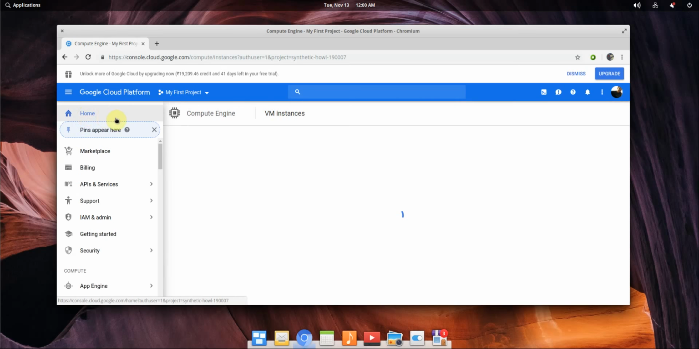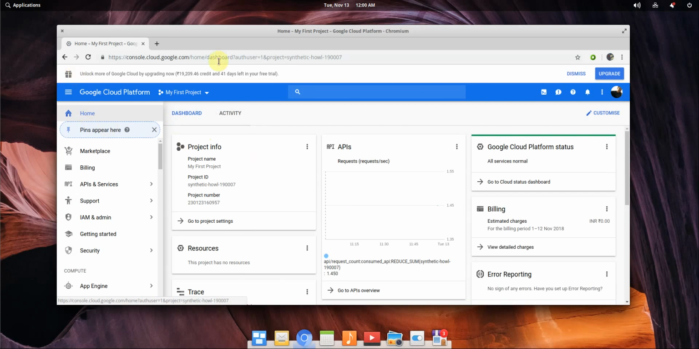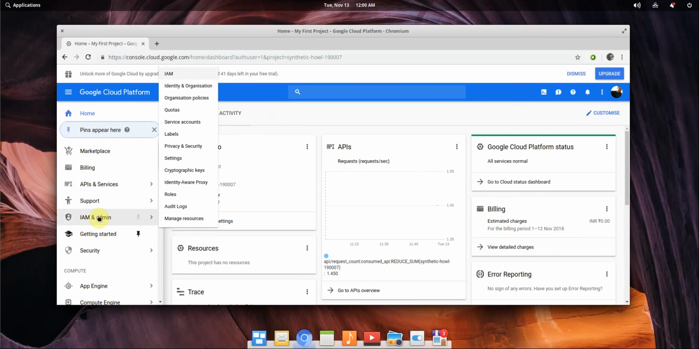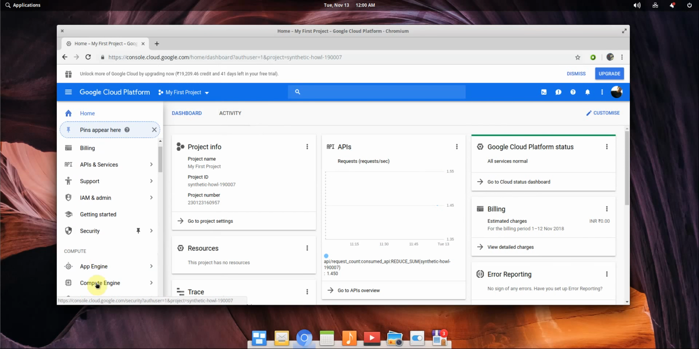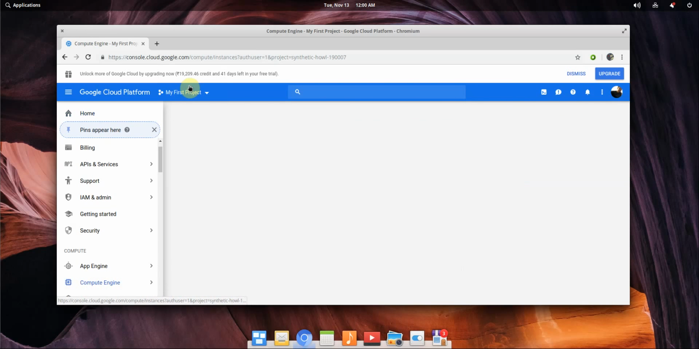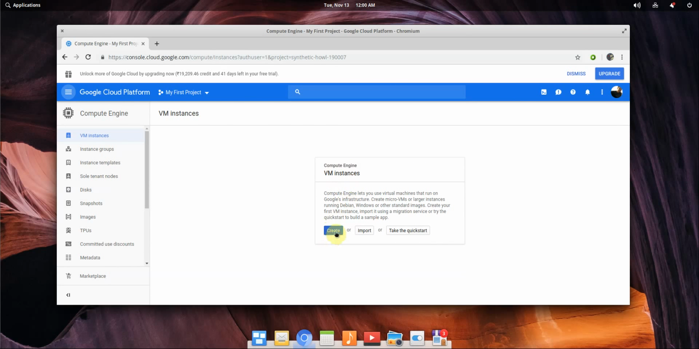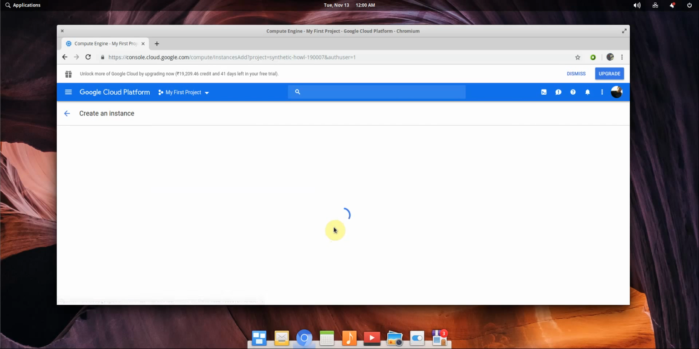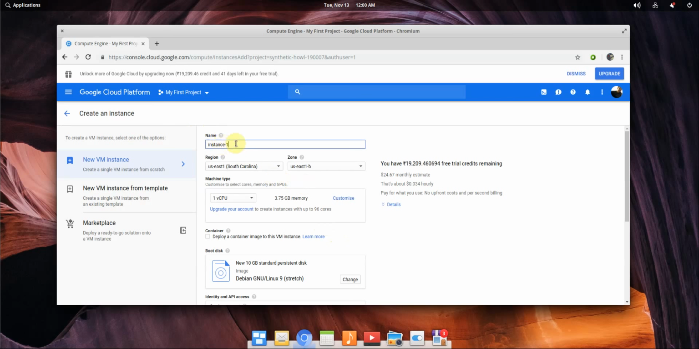Whenever you log into your Google Cloud Platform, you will see something like this. All you got to do is go to Compute Engine and click on VM instance, and here it will guide you for creation of a VM instance or a server. So here I'll give the name of the server, like my web server 1,